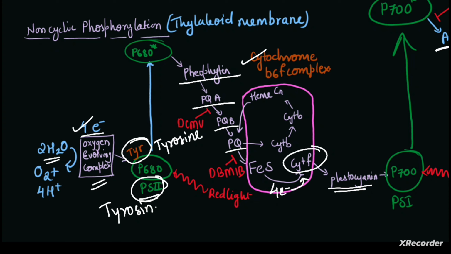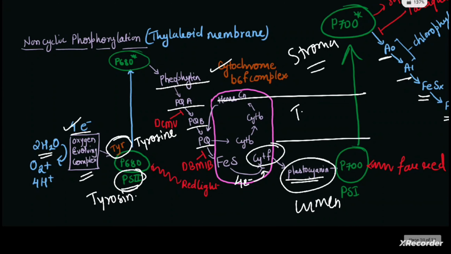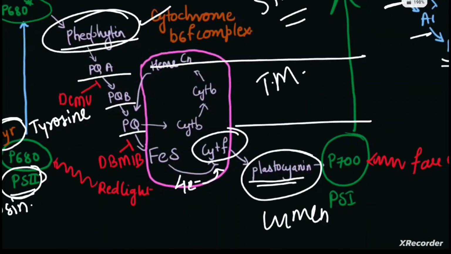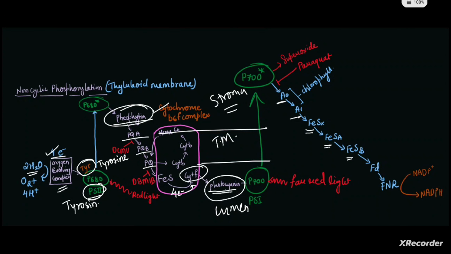But now plastocyanin, let's say there is thylakoid membrane here. This is facing the lumen. Here there is stroma. This positioning is very important, where what is present. And this is your thylakoid membrane. So now plastocyanin is a mobile one. Again, pheophytin is also a mobile molecule that will pass your electrons. So now plastocyanin will pass these electrons to P700, and the excited P700 will pass these electrons to chlorophyll A0,